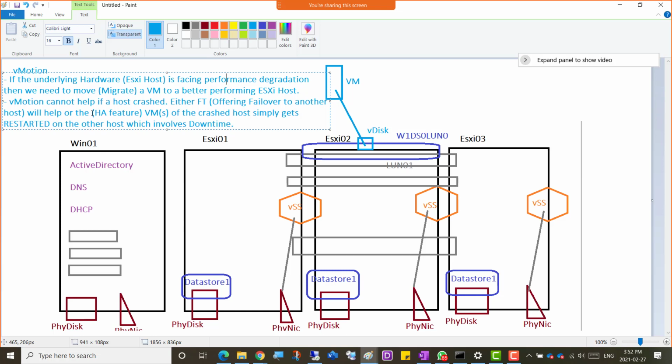But we just need to remember one thing, that vMotion is not going to be of any help if the server crashed, but it's going to be helpful when you have really degraded performance and users during peak hours are complaining, hey, can you do something about it? The virtual machine that I'm connected to will be a server, right? File server, web server, any other. So I'm opening my file, it's taking forever,